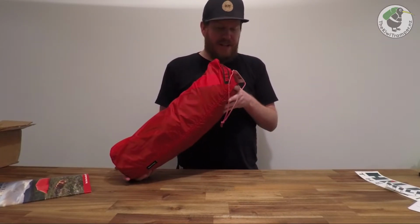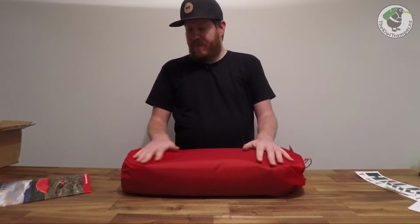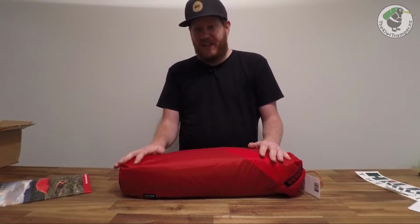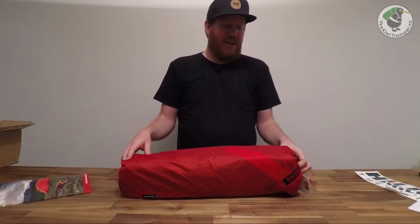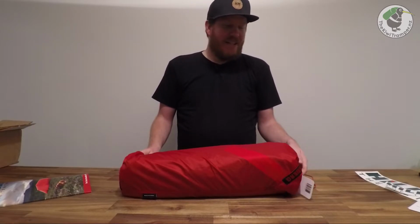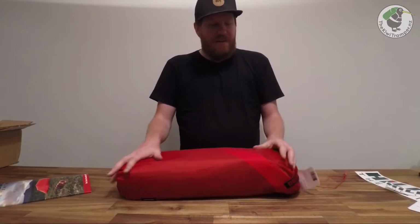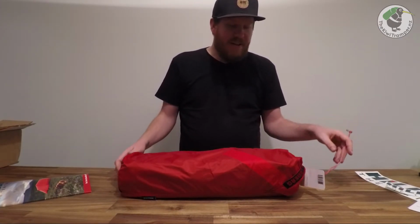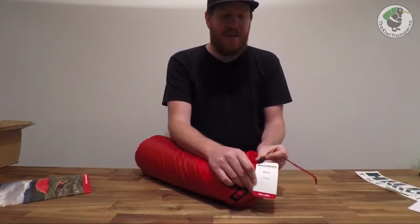So yeah, nice and light. It's good. It's quite a big bag, and I was reading on the Hilleberg site that they do that purposefully because they don't think it's good for the tents to have them too packed down and scrunched up into a tiny little bag, and it also makes it a lot easier to pack your tent back into the bag after you've packed the tent up. So there is a reason why it's so big, and also it can flex around a bit more inside your pack, and you can pack that pretty easily anywhere. Yeah, so Hilleberg Akto, red label,